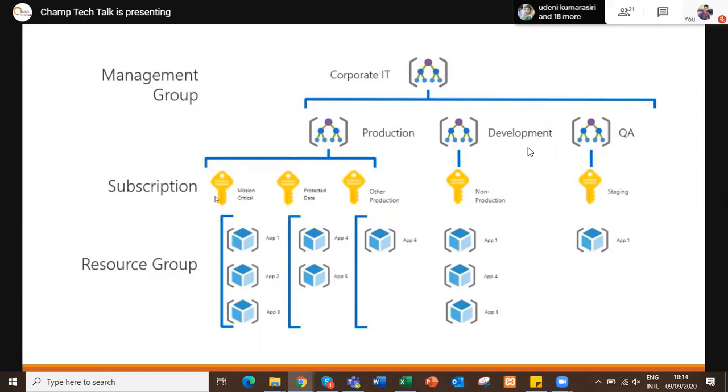They have created a mission critical subscription for the mission critical resource group, protected data for a different one, other production for a different one. You can have one to many subscriptions, and you can include all these resources in one subscription as well, but Azure gives you the opportunity to create multiple subscriptions because you can segment your data. You can have a clear idea that this is my production, so these are the resources. This is my non-production, these are the resources.